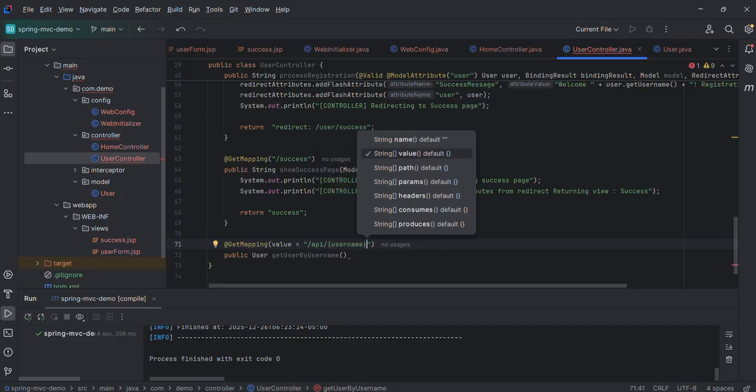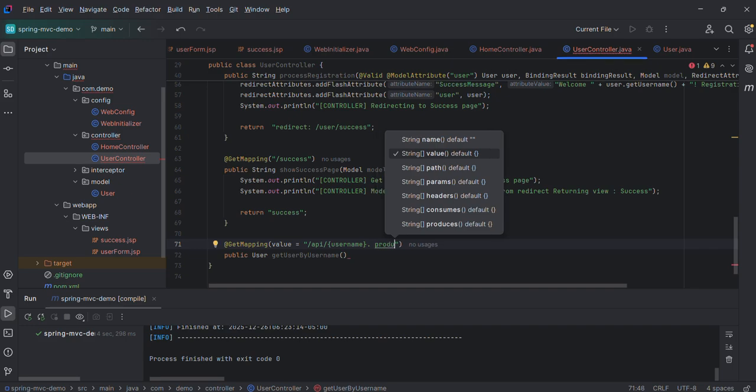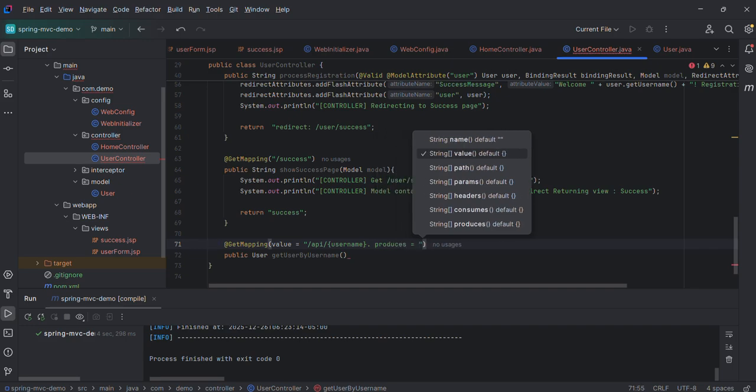Whenever we give curly brackets, it means after we enter the URL, we have to supply the username in the URL in order for this method to be called. Okay, and then produces equals to